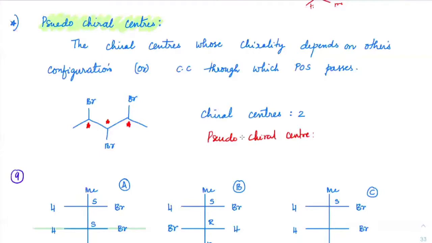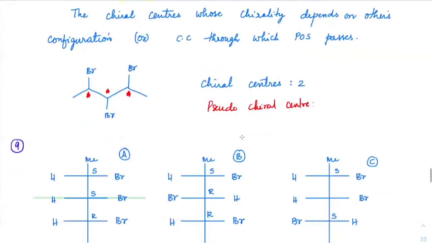Now let us understand this. Suppose I gave you a structure by Fischer projection, and see, sir, what is the configuration? How will that become a chiral center, sir? Both sides are the same. This one is a chiral center, no? Br, CH3, some group, middle, and H. The middle one is not a chiral center. Chiral centers are only two.